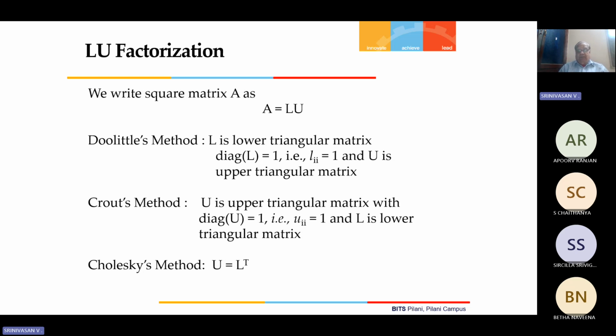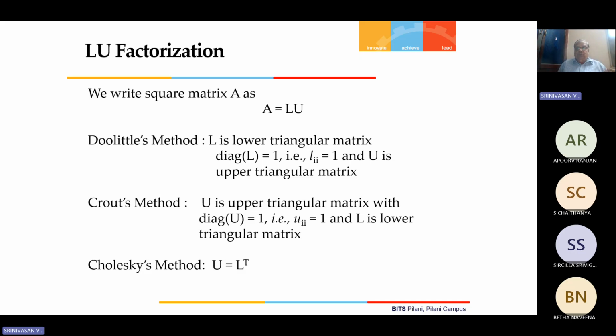U is an upper triangular matrix with each of the diagonal elements of U equal to 1. That is Uii equal to 1, and L is any lower triangular matrix. So there is a difference between Doolittle's method and Crout's method in the sense that in Doolittle's method, we give